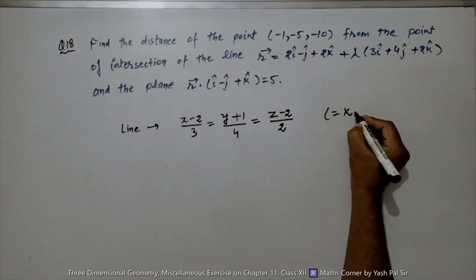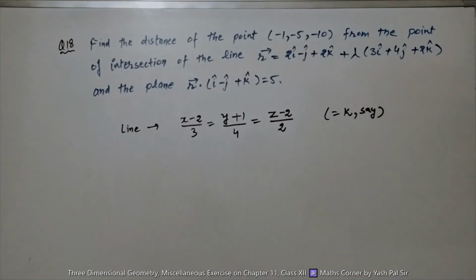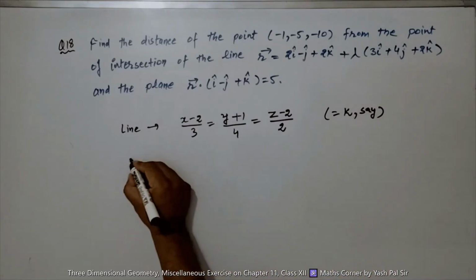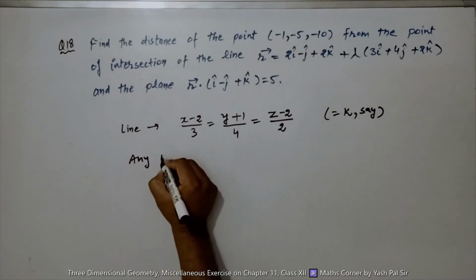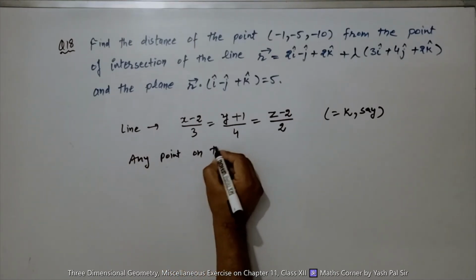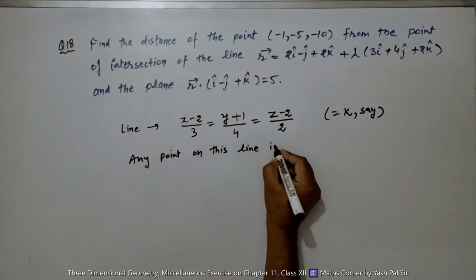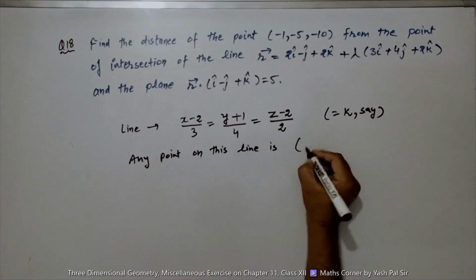Suppose they are equal to k. Right? Any point on this line is 3k